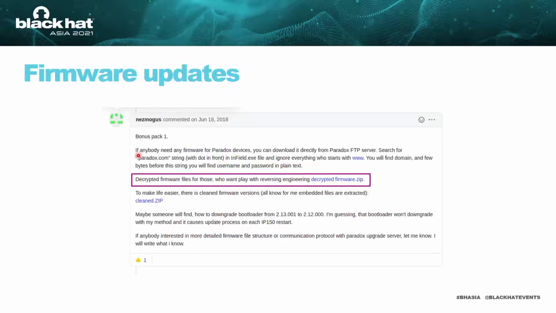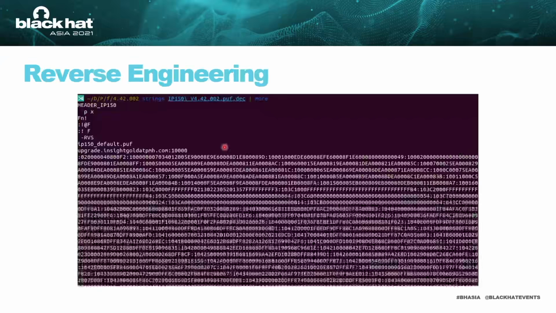looked online, and I was able to find on GitHub a post from a guy who goes by the name of Nesmogos, who did excellent work decrypting the firmware, and he actually uploaded it in 2018 for everyone who wants to play with reverse engineering. So I actually reached out to him, because it's an old post, and I asked, and he suggested that he'd decrypt the newer version for me, and finally I got the decrypted firmware,